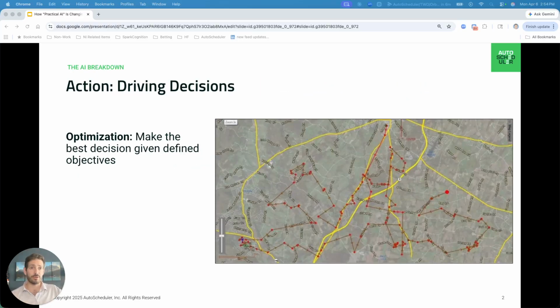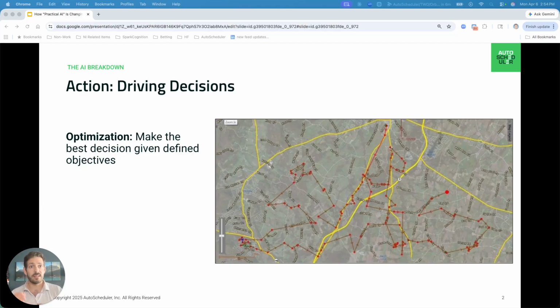So let's shift gears a little bit and talk about action-oriented AI. So things that actually help us drive decisions. And one of the most common technologies that enables us to do this is known as optimization. So optimization is something that says, given I have all of this data and these constraints, a constraint being, when I am driving to work, I can never go over the speed limit, right? I can never go higher than 70 miles an hour on the highway, or 85 if you're in Texas like me on some particular highways.